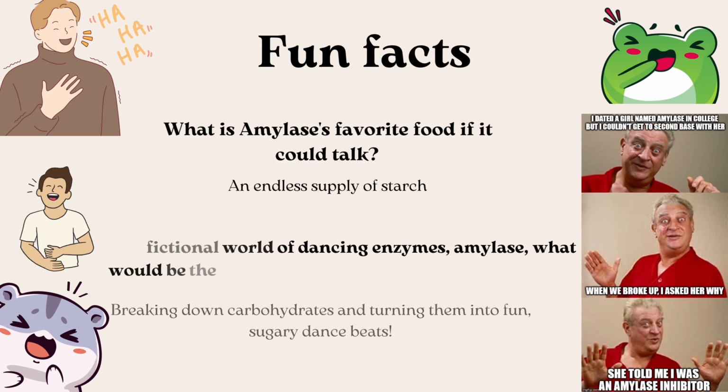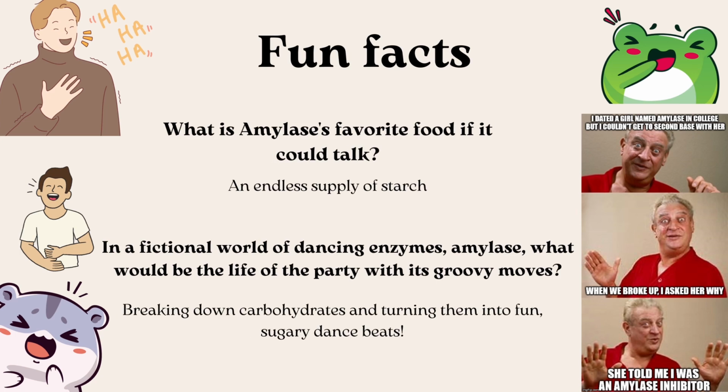Fun facts. What is amylase's favorite food if we could talk? It is an endless supply of starch. In the fictional world of dancing enzymes, amylase would be breaking down carbohydrates and turning them into fun